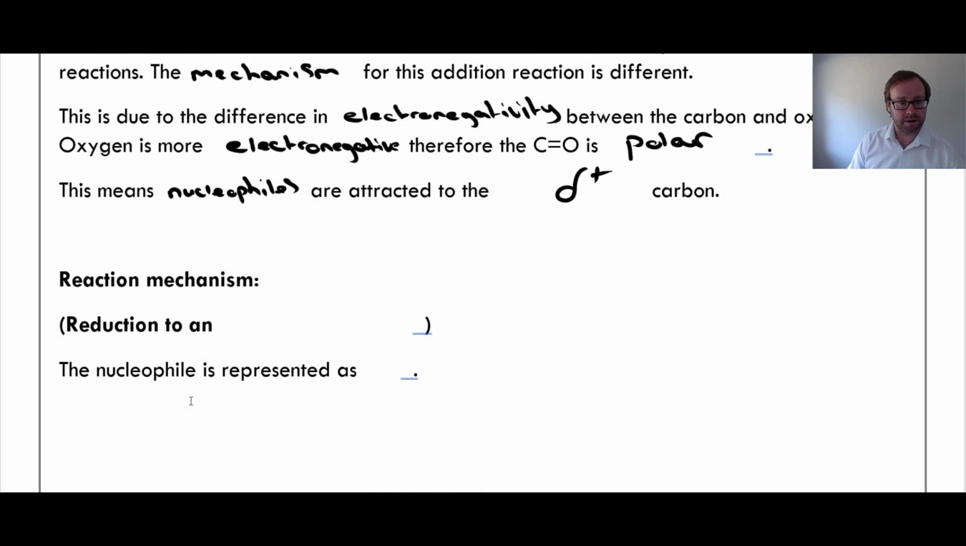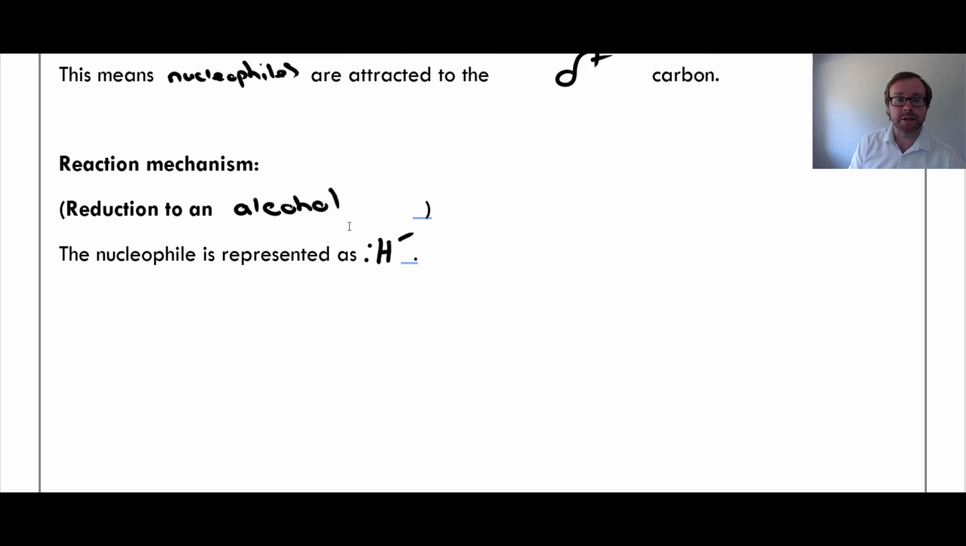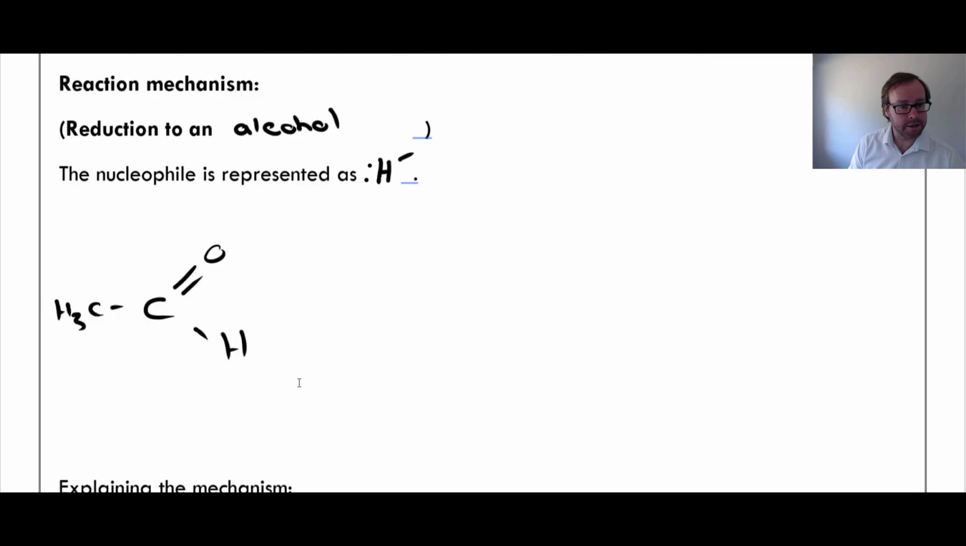Okay, so moving on to our reaction mechanisms. So reduction to an alcohol when we're using a ketone or an aldehyde, and we represent the nucleophile as H-, and this is from our NaBH4. That's our source of our nucleophile. Okay, so we will start with ethanal, I think. So I have my ethanal,